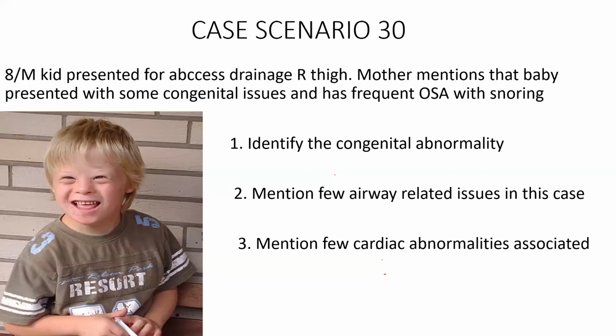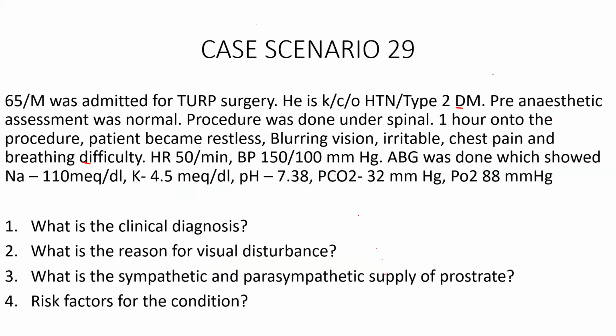Sir, please mention about TURBT. There's nothing significant about TURBT. The only thing you have to worry about is the adductor reflex when you touch the lateral wall of the bladder. The obturator nerve travels very close to the lateral bladder. So when they use a resectoscope and touch the bladder wall, it can stimulate the obturator nerve and produce adductor spasm. So you can use an obturator nerve block to avoid this reflex. That's the only additional point. There is nothing much difference when it comes to TURBT and TURP.